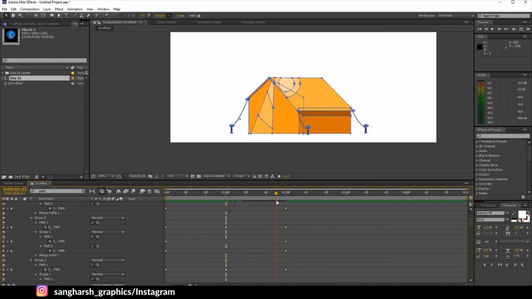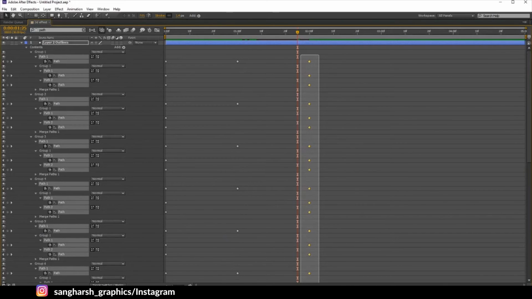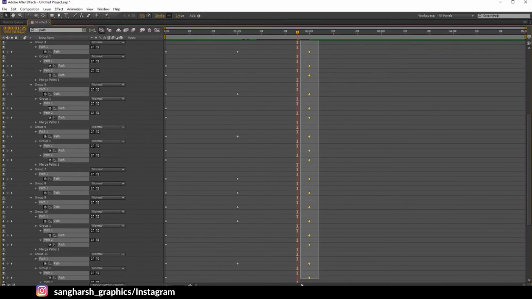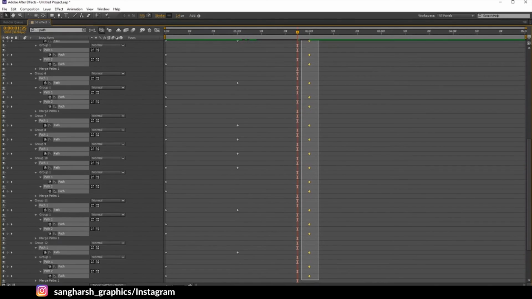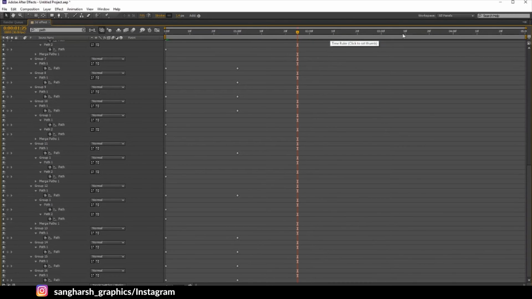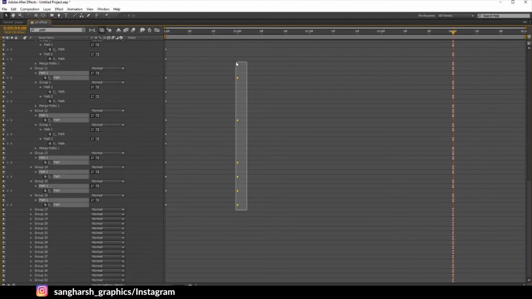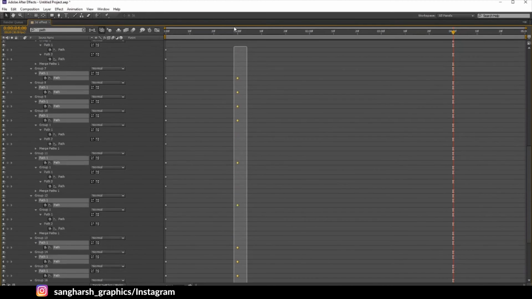Now I will select these keyframes because we want to make a loop. Just press the button, unknown button for me, near the one on keyboard, up on the tab. Select all these keyframes which we have given on the second. Okay, just delete them, we don't need them. And we want to make a loop of 1 second action. Means the HUD will rotate in 1 second, stays for 1 second, and again comes back to its original angle after 1 second.